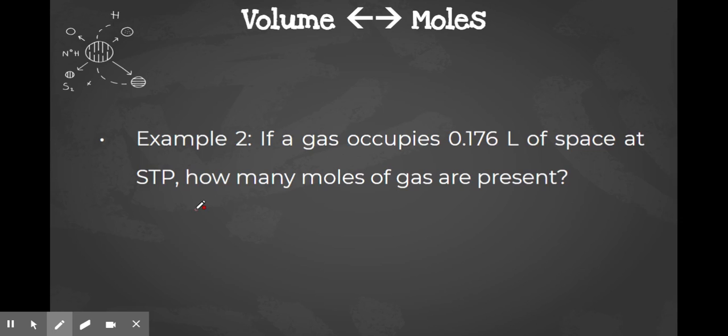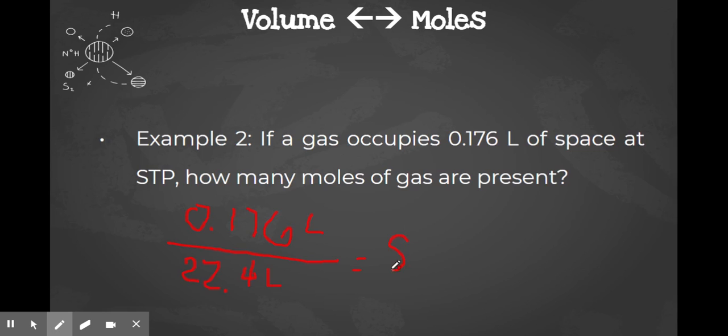So we have 0.176 liters divided by 22.4 liters. When we do that, it will tell us how many moles that we have. 0.176 divided by 22.4,